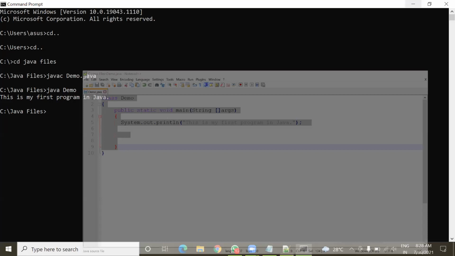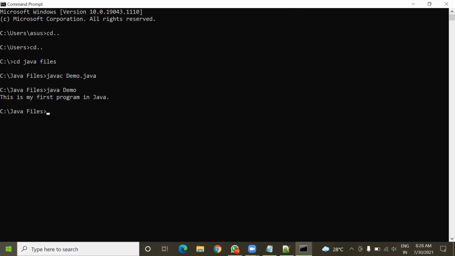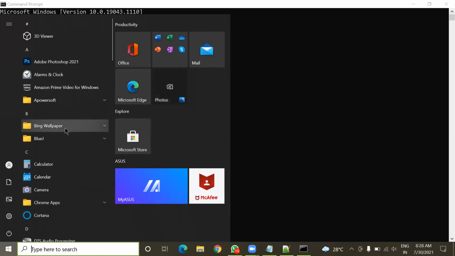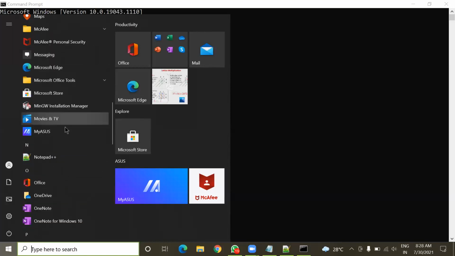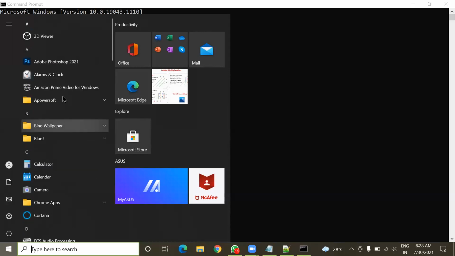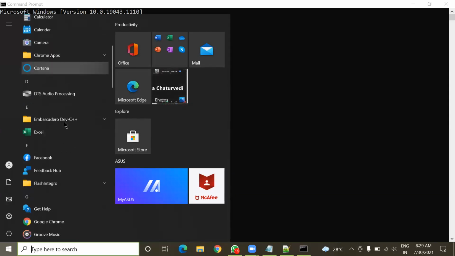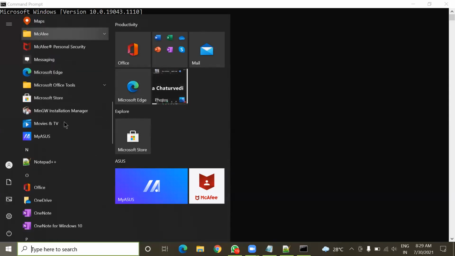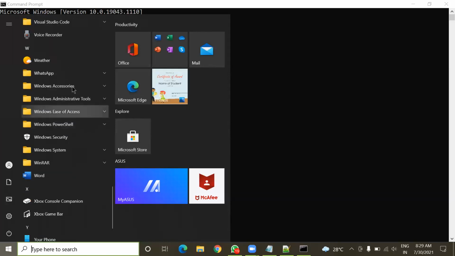So here you can search CMD by typing CMD or command prompt, or what you can do is click on this start button, and in accessories it is available. Just see here, Windows accessories.